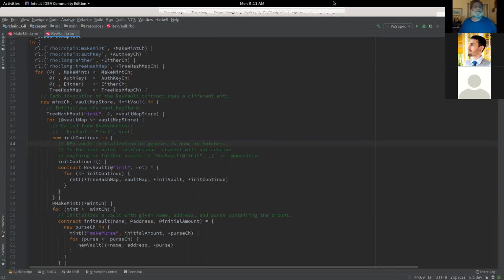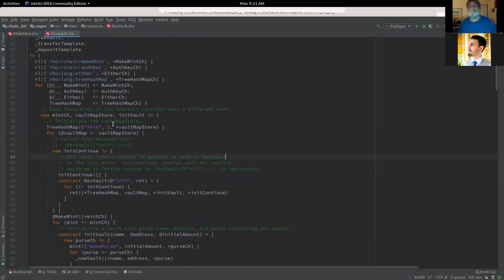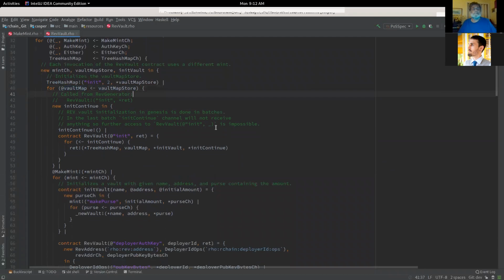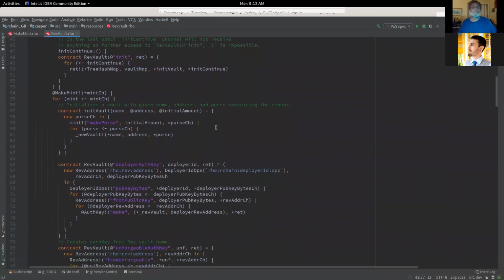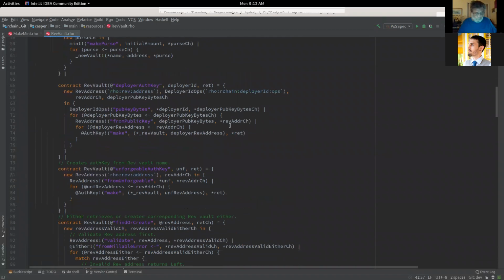Sweet. Yeah, and so the only thing that I really wanted to say was that these vaults are stored in this vault map store, or really I guess in the vault map. But either way, what the vaults do. I mean, basically a vault contains a purse.